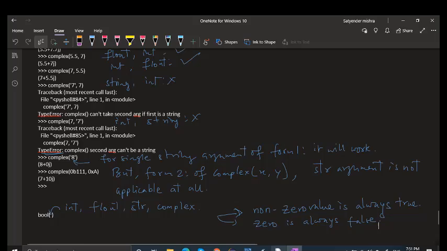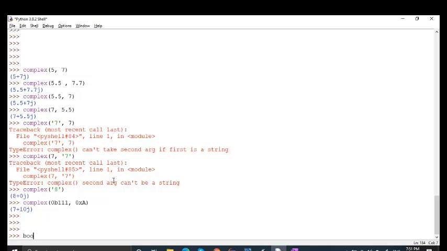So we go to shell and we type here bool, right? If we type here -10, what will be the output? Please type on the chat window. Yeah, true.